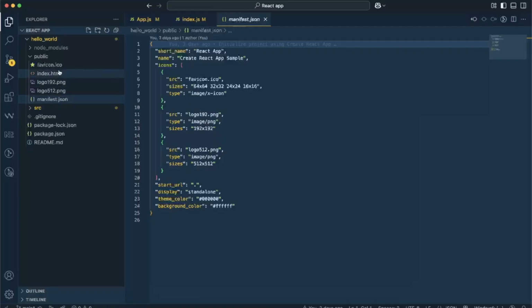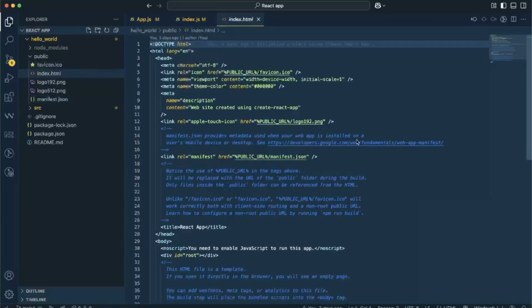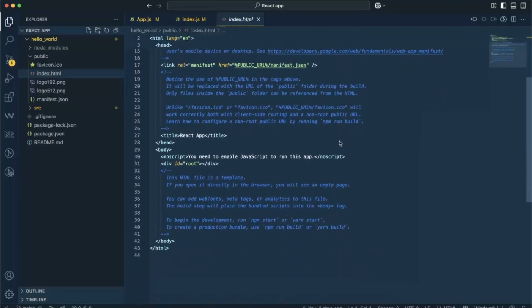We have a favicon, which you will see in the browser, and this is nothing React specific. So as a beginner you only have to focus on the index.html file. This is the only index.html file you are going to have in your application.